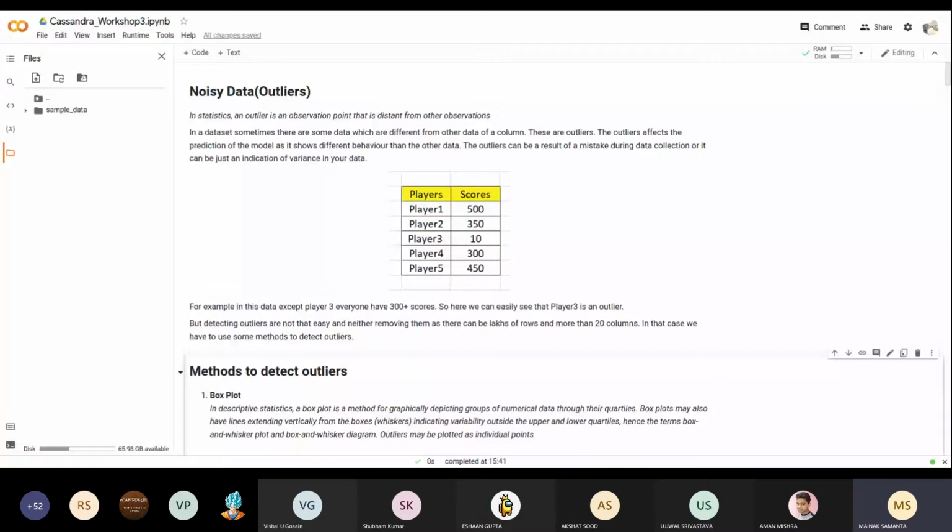So whenever you collect data, there will be some outliers. So what are outliers? In this example, you can see there are scores of 5 players, and among them, player 3 has scored 10. Let's imagine a class, and everyone has got percentages.